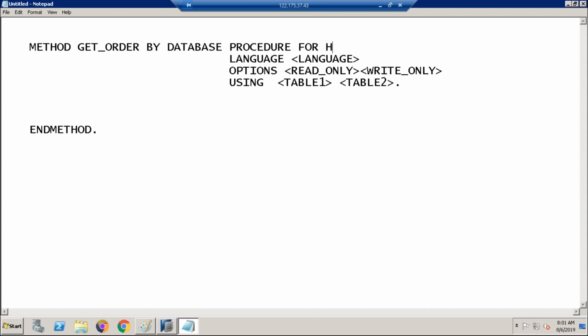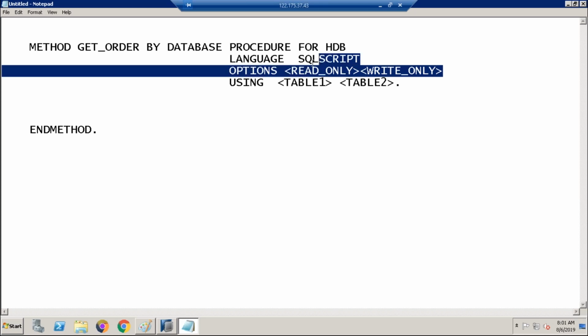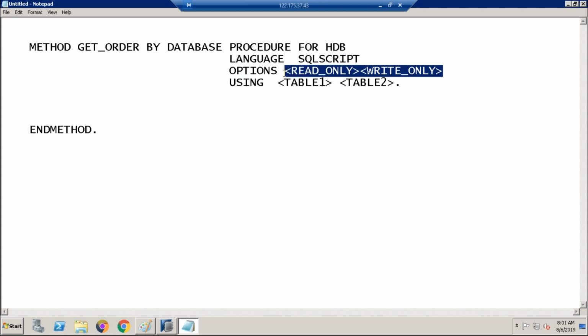So this procedure I'm going to execute in which database? Database name. So here database is HANA database, so HDB. Which language you are using? SQL script. Here I'm using SQL script to execute. Options, read only or write only. Whether you want to read data or you want to write data. Read data only, guys. I want to read data, extract data, pull data, retrieve data. Read only. Which tables you are using? Table name. Say here I am using the VBAK table. So write the table name. And unnecessary tables you don't write, guys. Unnecessary tables like KNM, no use. Only VBAK.